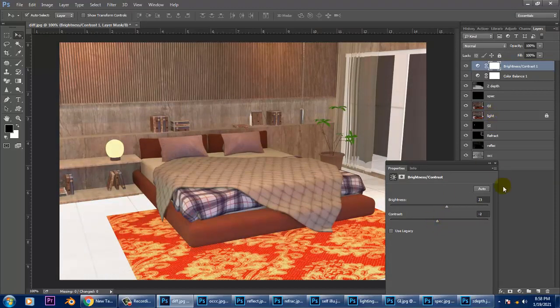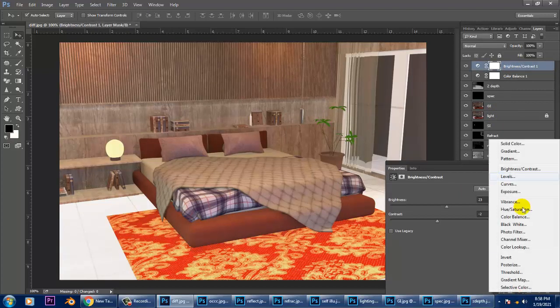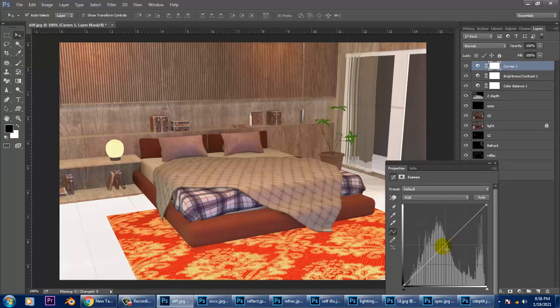After that, we'll go with a bit of curves. Let's give curves and adjust it.